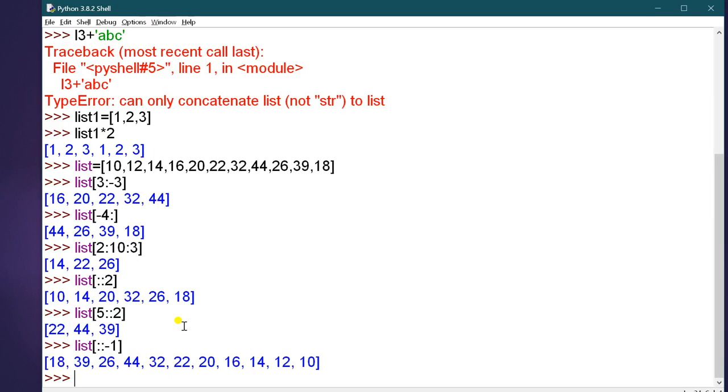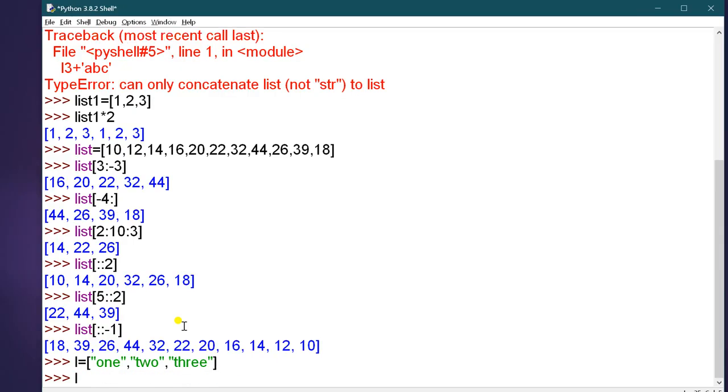Okay, just see here, this L is equal to 1, 2, 3, then 0, 2. Okay, slicing, you want to replace it with 0 and 1.